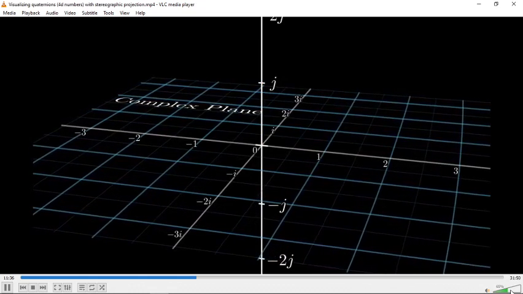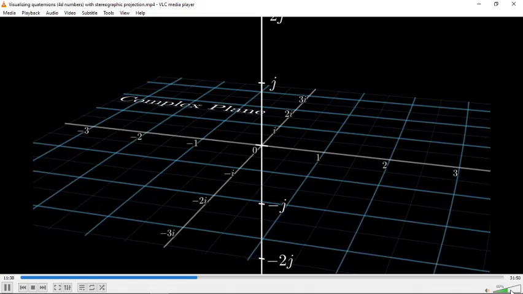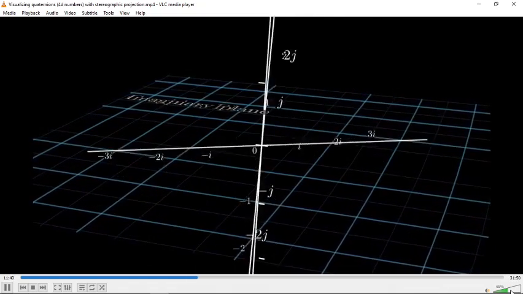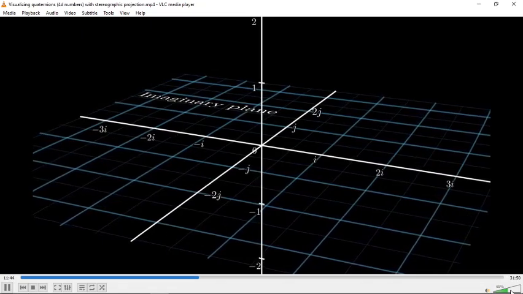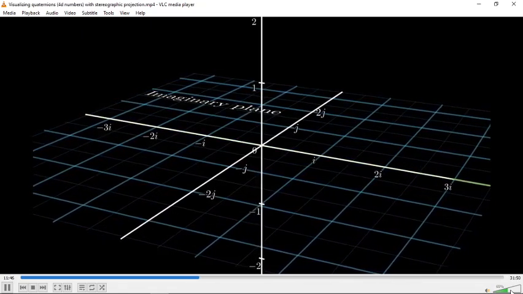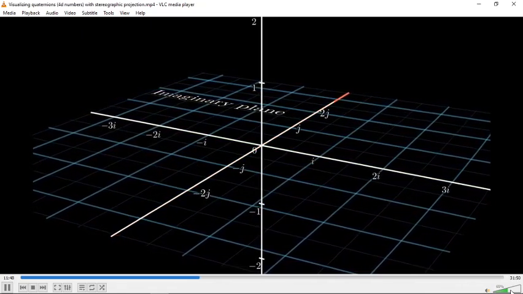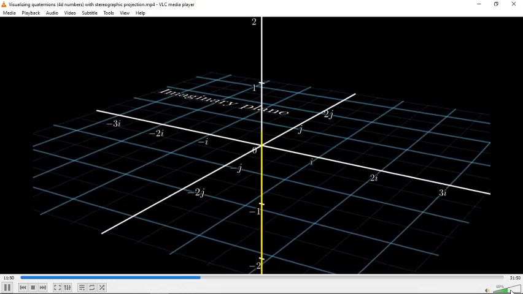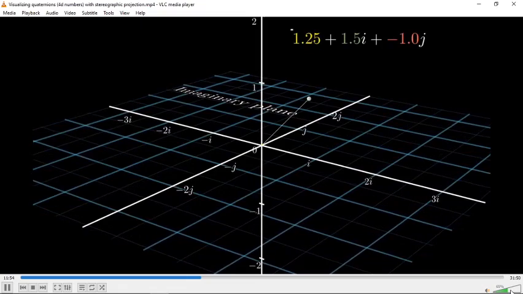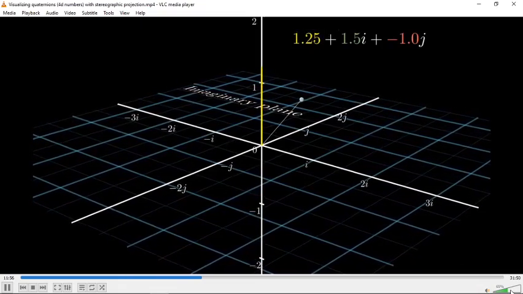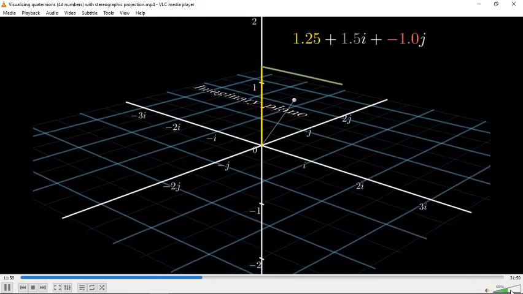Instead of having this new axis in the z direction, like you might expect, for a better analogy with how we'll visualize quaternions, we'll want to orient things so that the i and the j axes sit in the x and the y directions, with the real number line aligned along the z direction. So every point in 3D space is described as some real number plus some real number times i plus some